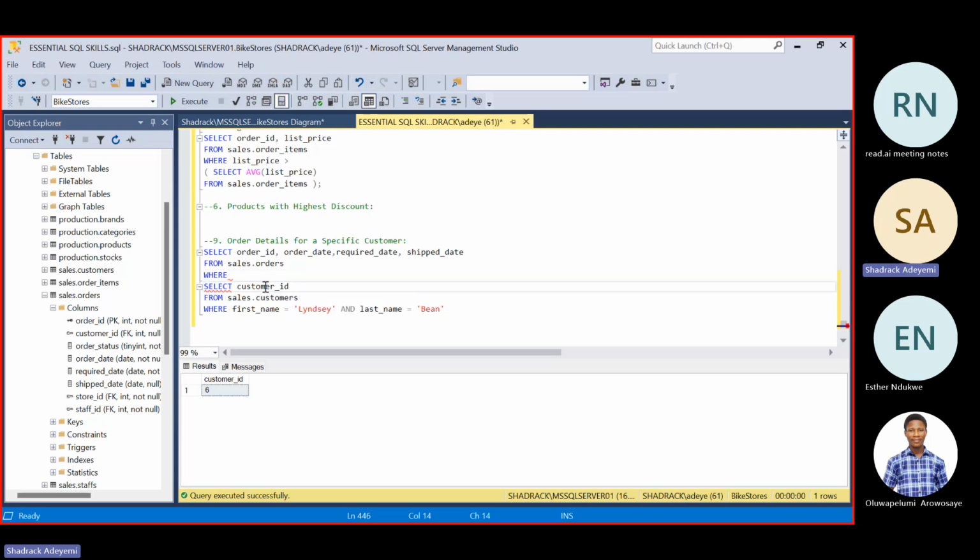So we say where the customer ID, remember the customer ID for this particular person is 6. So we're going to say where the customer ID from this table is equal to this particular one that we did here.